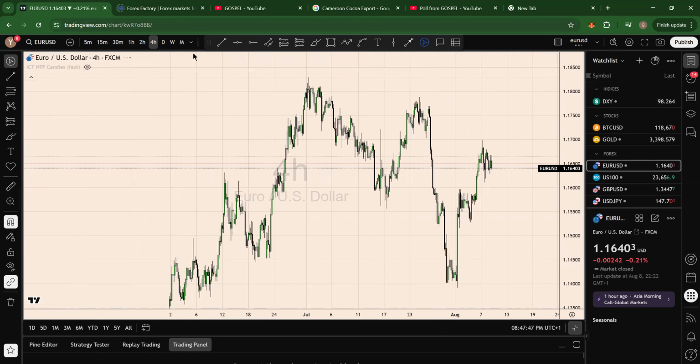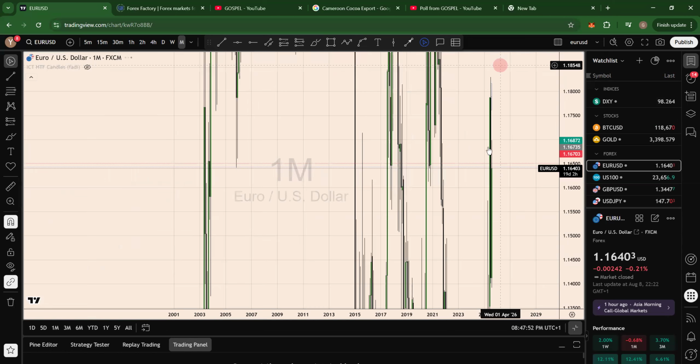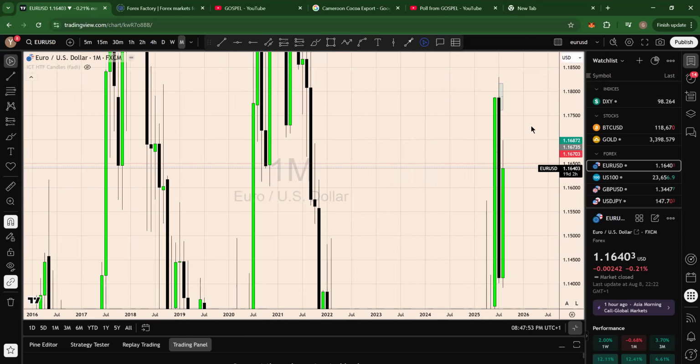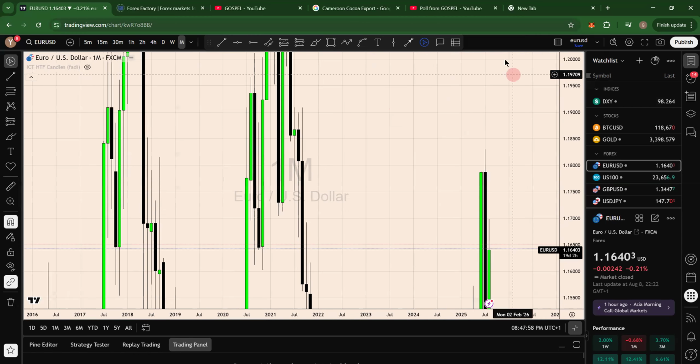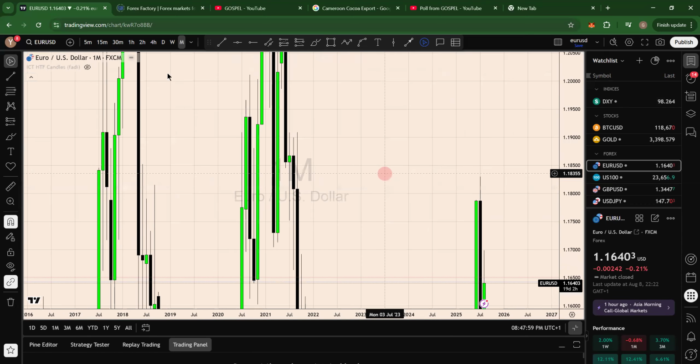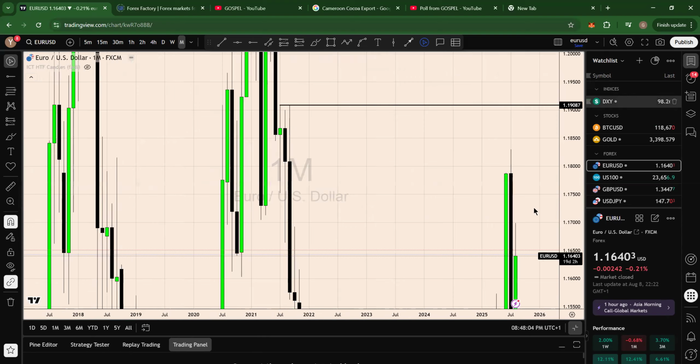Now let's look at Euro USD on the monthly time frame. Take note of something here. This Euro USD is actually doing something very funny, because we had this fair value gap. We have this fair value gap. I've been looking at this fair value gap for quite some time now, but it looks like I'm seeing something